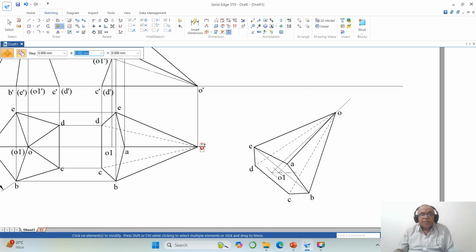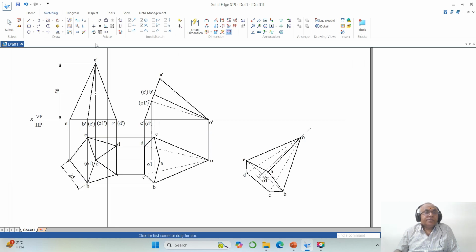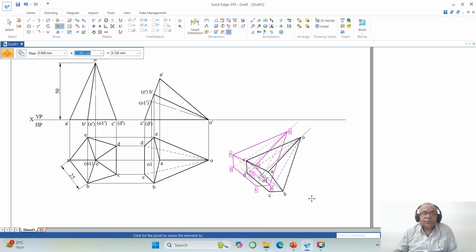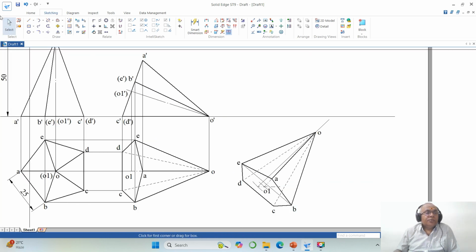Okay, now everything has been copied. Now you go to fit, then go to zoom window. If you want, you can bring this near to the screen, move, disable copy. You select this entire thing and move it wherever you want. Then you come down to zoom window. Now you go to line,